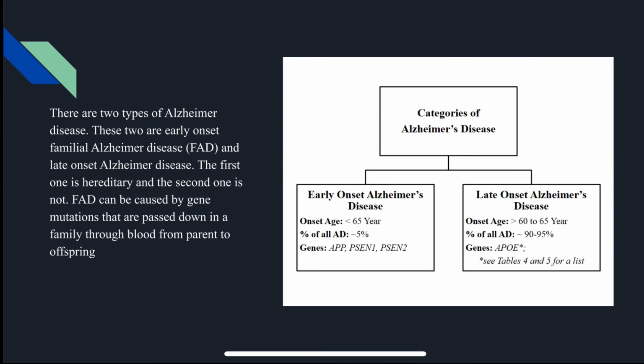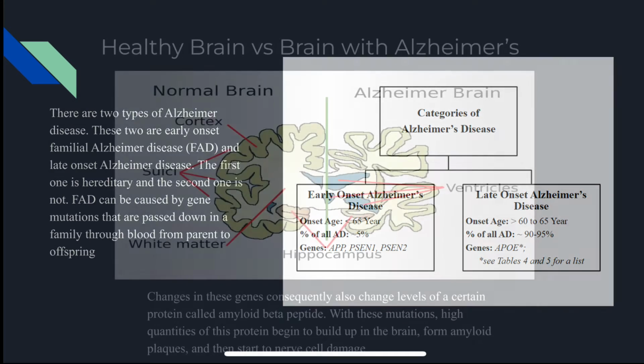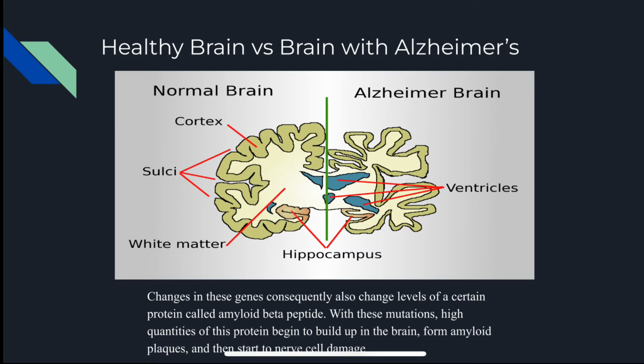There are two types of Alzheimer's disease. These two are early onset familial Alzheimer's disease and late onset Alzheimer's disease. The first one is hereditary and the second one is not. FAD can be caused by gene mutations that are passed down in a family through blood from parent to offspring. These mutations in these hereditary cases are found in three specific genes that are called APP, PSEN1, and PSEN2. Changes in these genes consequently also change levels of a certain protein called amyloid beta peptide. With these mutations, high quantities of this protein begin to build up in the brain, form amyloid plaques, and start